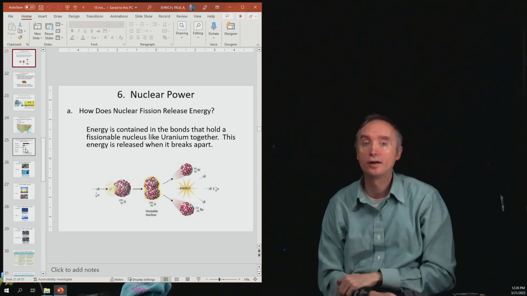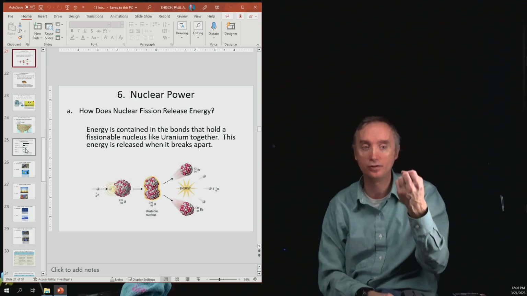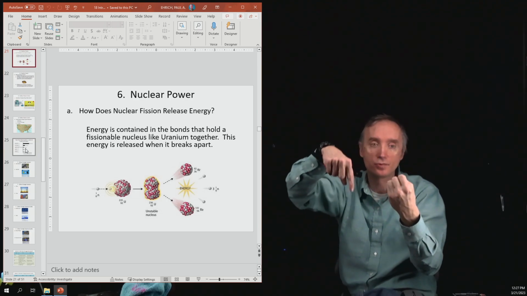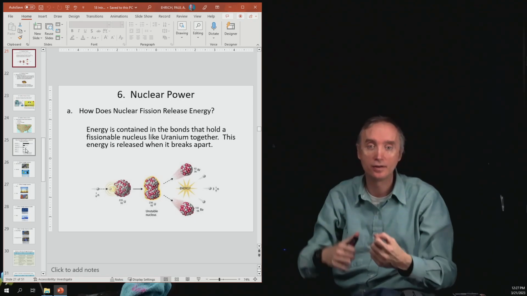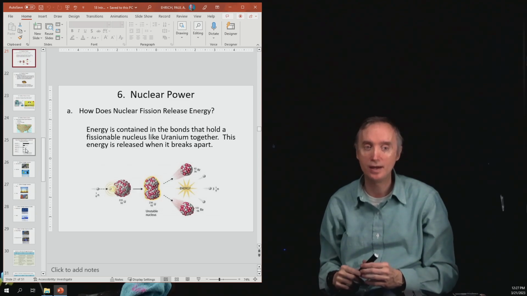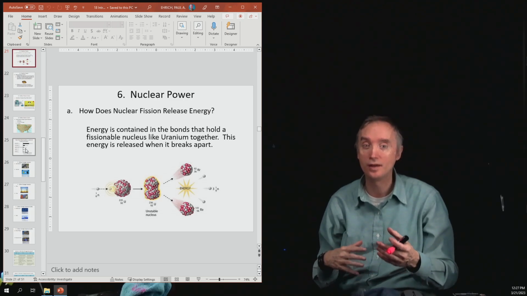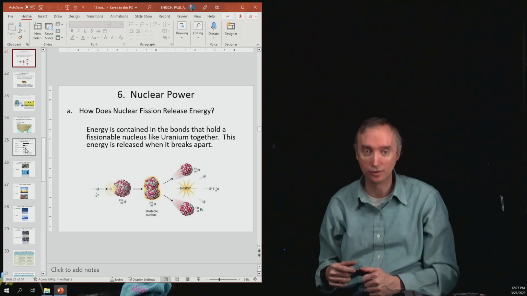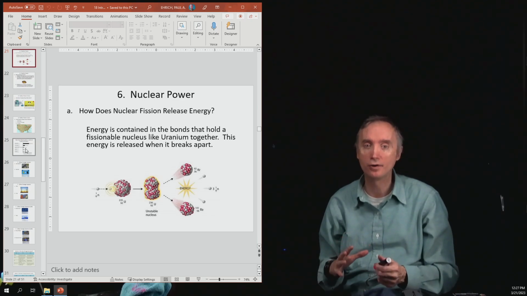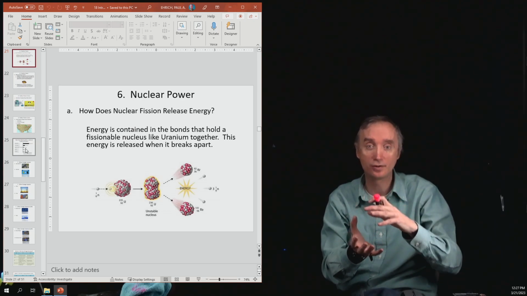Now we want to talk about a third kind of energy resource, and this is going to be nuclear fission. So let's first talk about the atom. An atom consisted of a nucleus, and then the electrons were in orbit around it. Now there are some kinds of nuclei that are unstable. They may have too many protons in their nucleus, or they could have too many neutrons in their nucleus. So one way or another, that nucleus is going to be unstable. It's got too much energy.